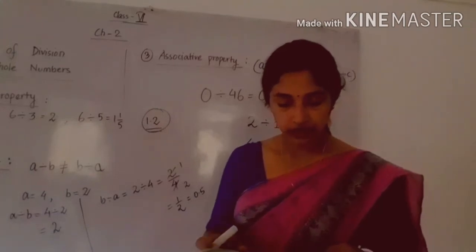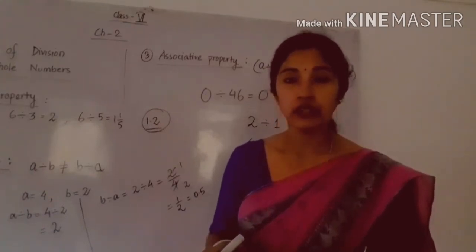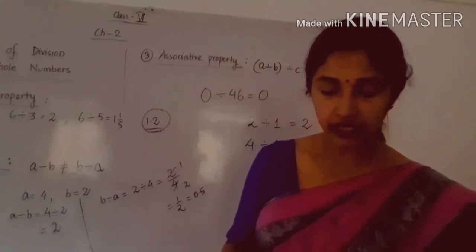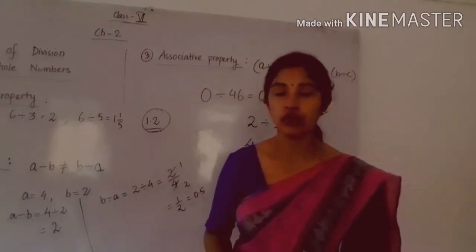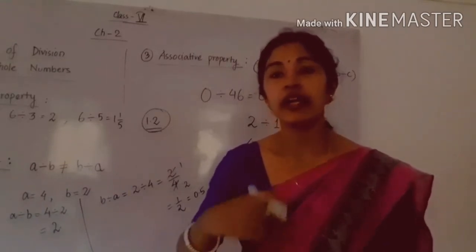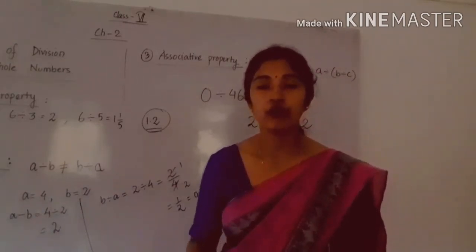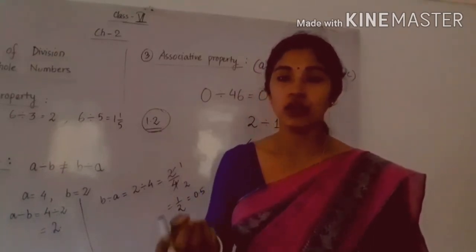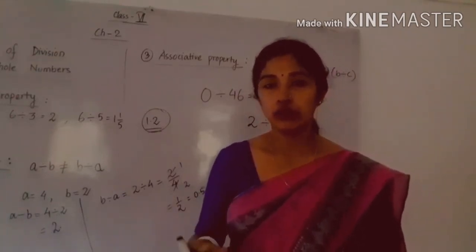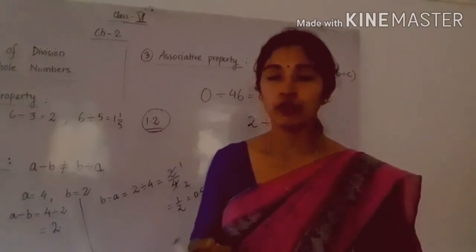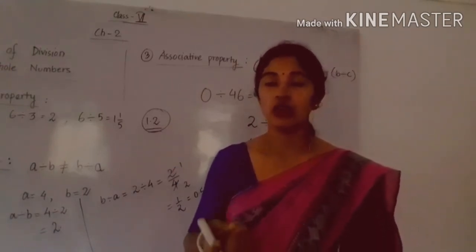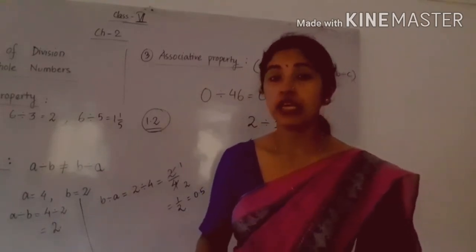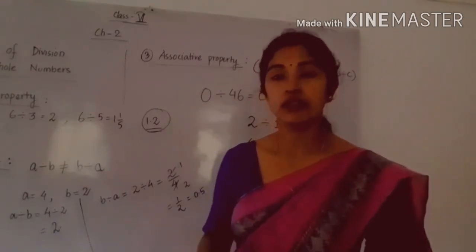Number 3 is the last property. The last special property is that division of a whole number by 0 is meaningless and it is not allowed. That means if we divide any whole number by 0, we get a meaningless quantity, so that is not allowed. So take care about this. You have to remember that we cannot divide a whole number by 0.